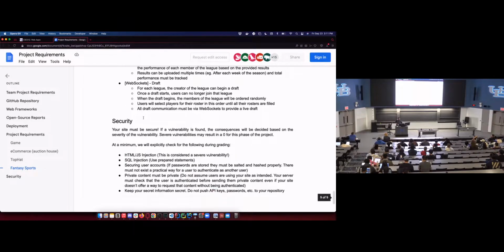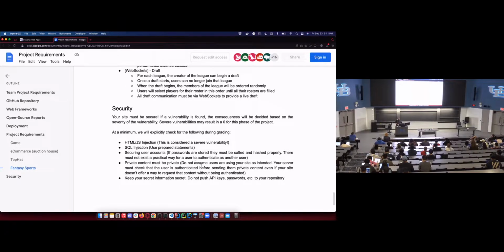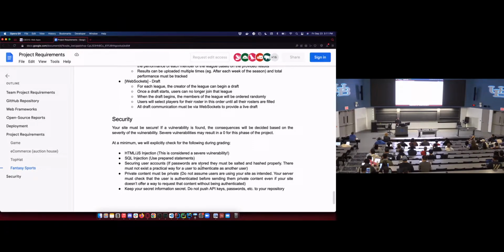And then security, if you have any security issues with your app, consequences can be pretty severe, up to a 0 for the entire project, depending on the egregiousness of the security vulnerability. All right, with that,